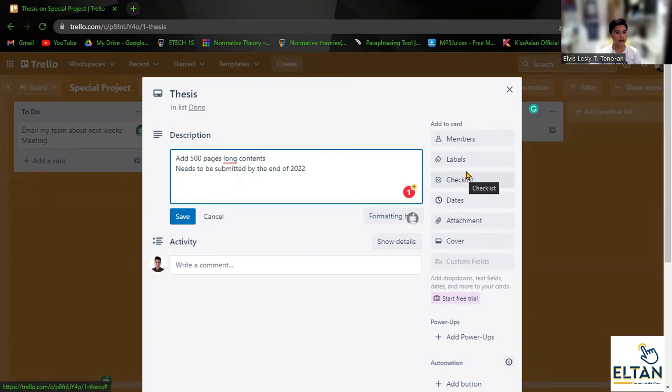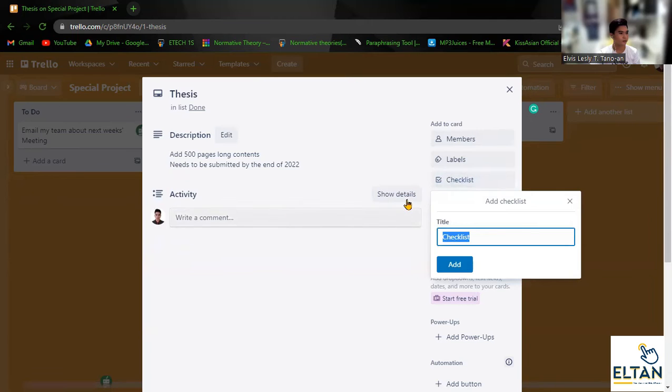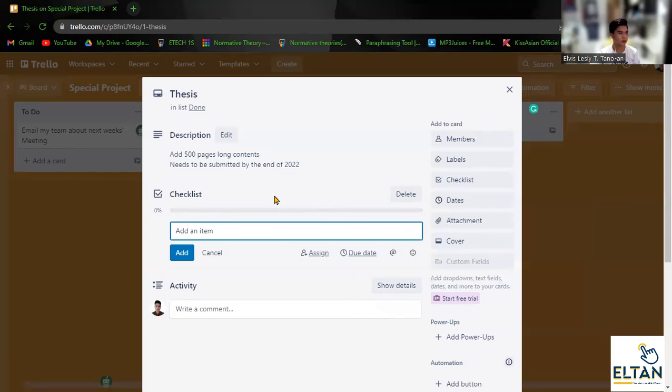The third one listed is the checklist, as you can see here. If we click this, it will be added to this menu, and you can just add an item. This is a great way to add subtasks or other things that you don't want to forget when it comes to this particular card. If you select this checklist button, I can either leave the title as checklist, but in this case, I'm going to say